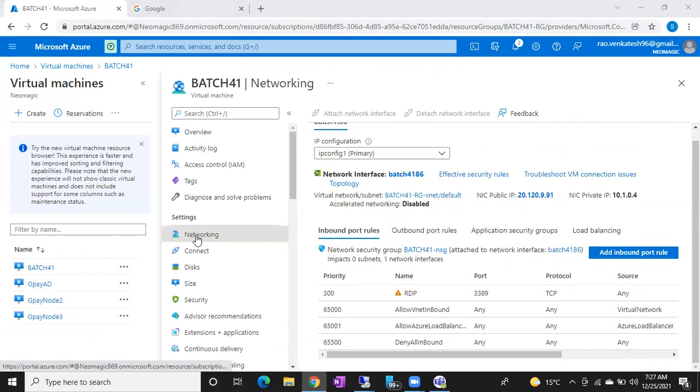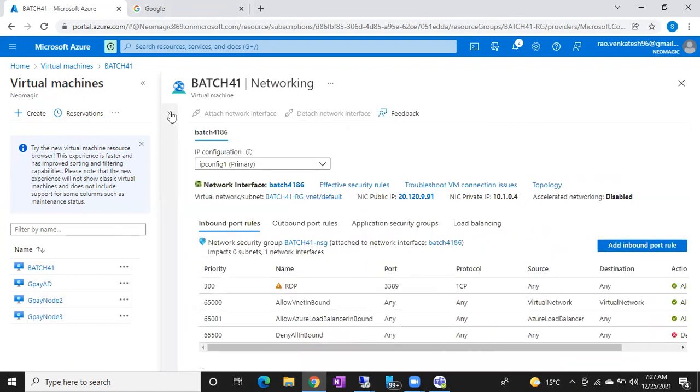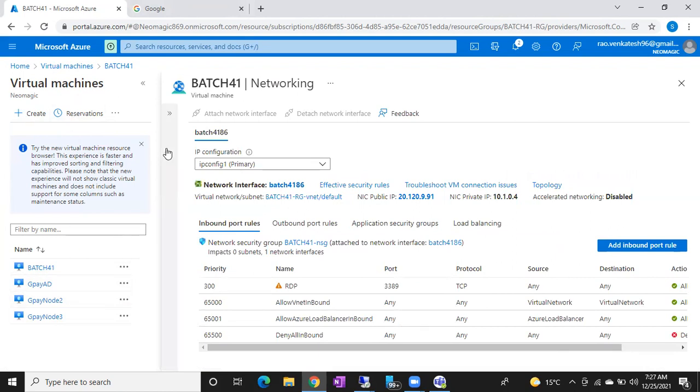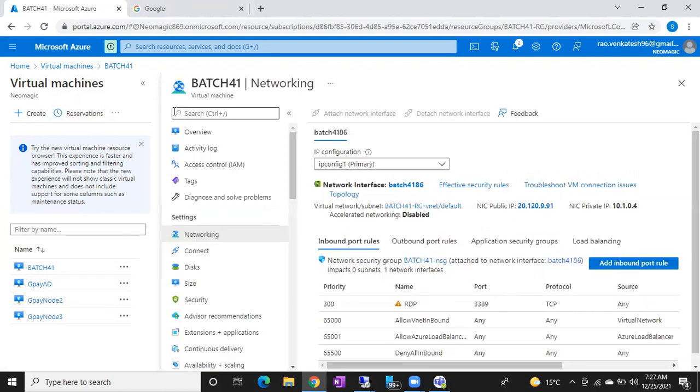Once you go to the networking, these are called blades. This is one blade, and this is another blade. You can minimize this blade, maximize this blade. This is called the blade option. If you go to this particular machine and then to the networking, there you can see port 3389. The 3389 port should be added.